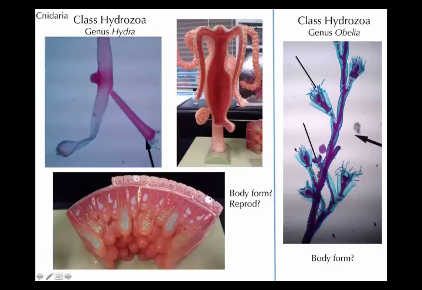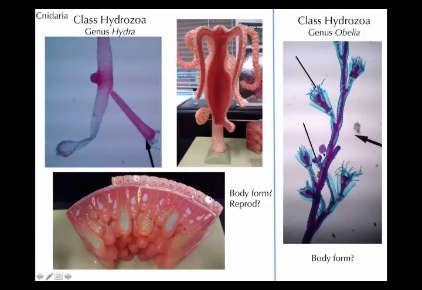They'll produce eggs and sperm. And then the Obelia, you'll see here that there's two different types of polyps. There are feeding polyps with the tentacles to catch the food, to sting it and catch it. And then there's reproductive polyps that don't have the tentacles. And those are going to be the ones where the new Obelias are developing, in the sense that they're going